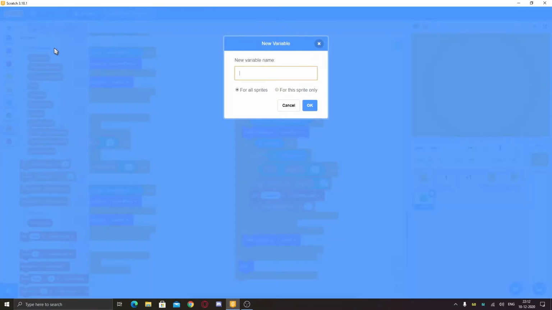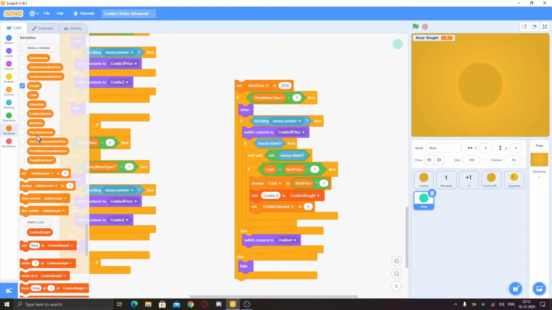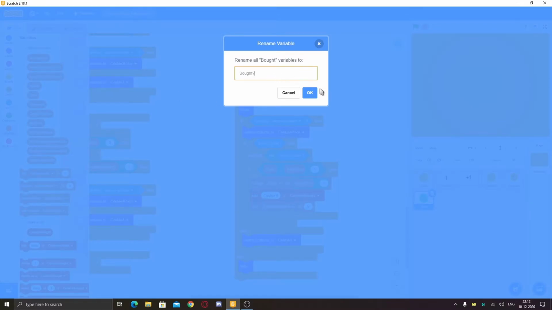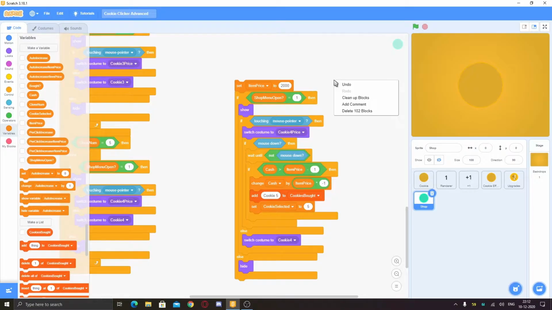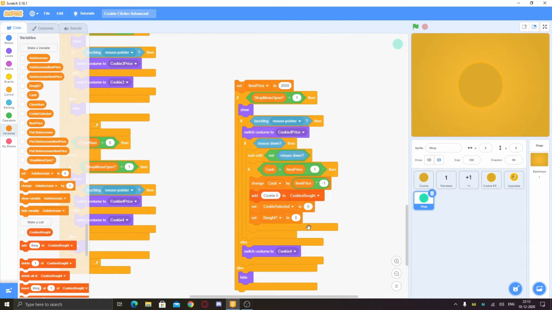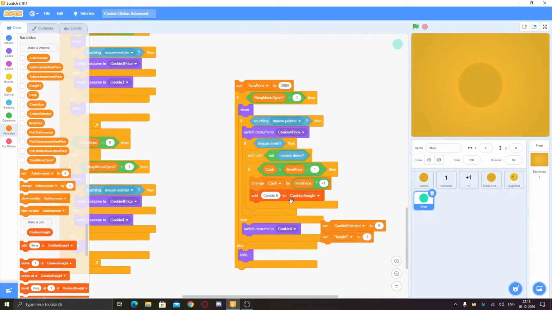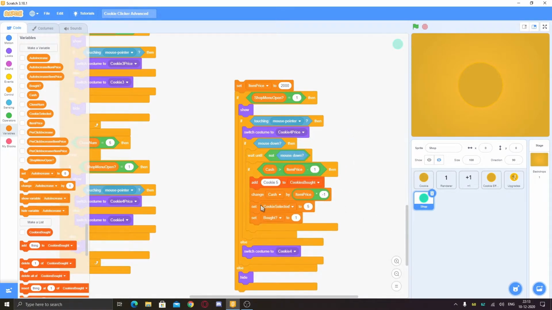And then we'll make a variable called bot for this sprite only. Make it hidden. And you can also add a question mark, that will look better and make you understand better. Then also we'll just set bot to 1. And we'll just change this sequence so that it is better.